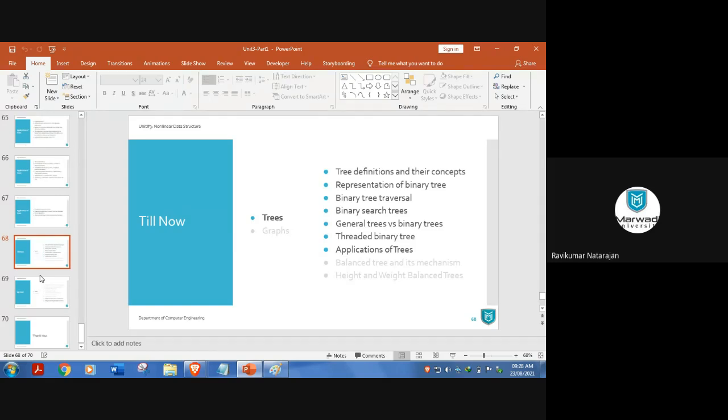Guys who are online, can you answer what is a tree? Yes, good point, that's a valid point. Can you be a little bit louder so others can hear?